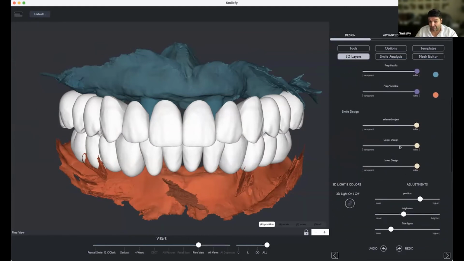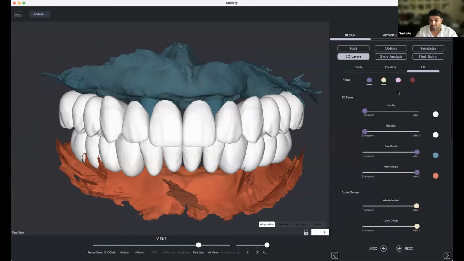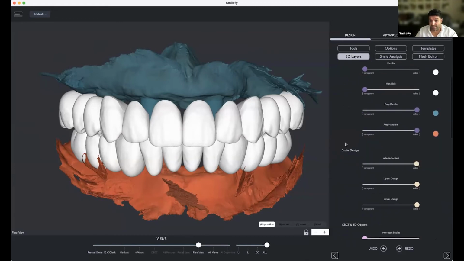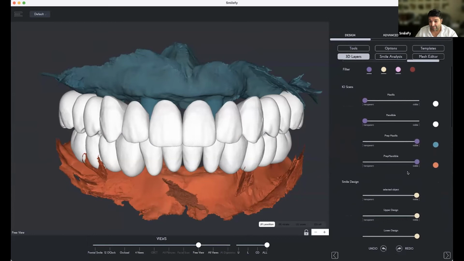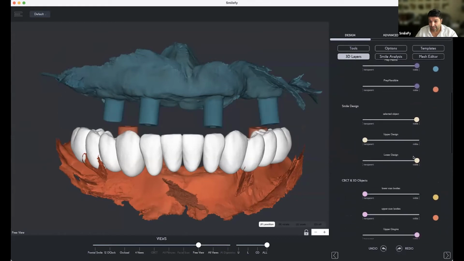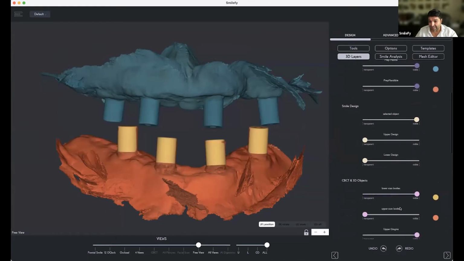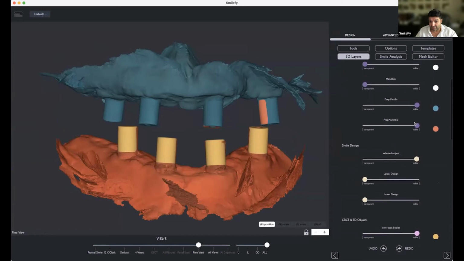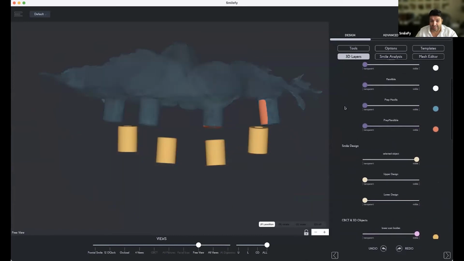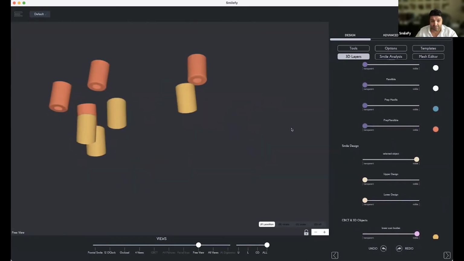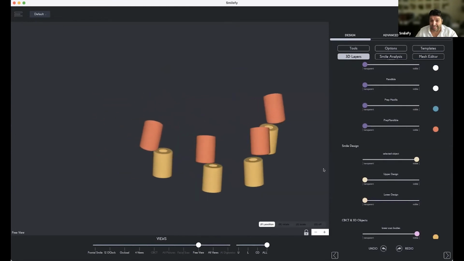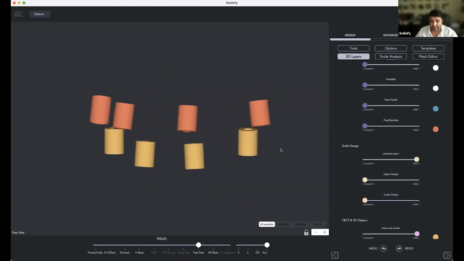Good. So we do have the design now. What is next? Let me reduce the design, and I see the scan bodies. The position of the scan bodies, you can have this position of the scan bodies with Peak Dental or with iCam, right?